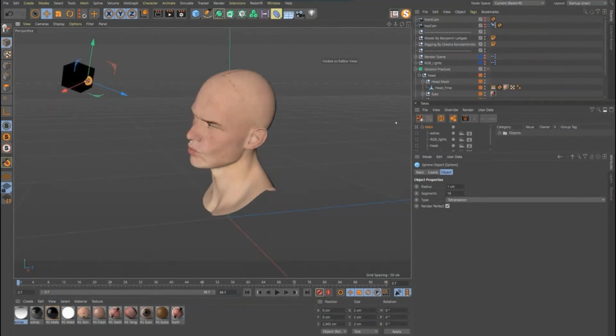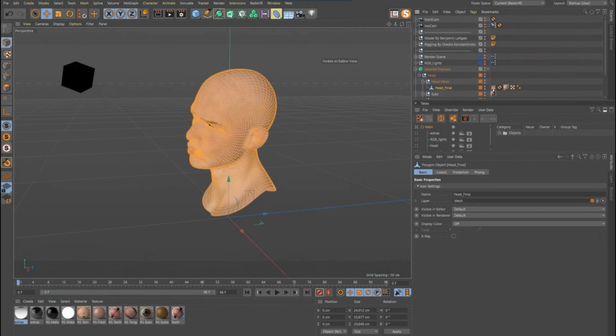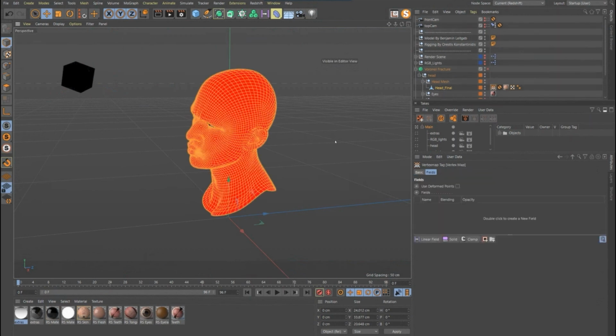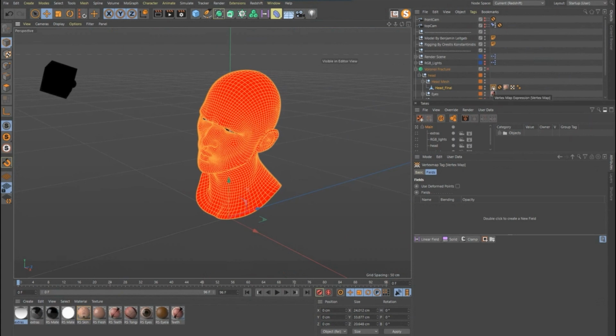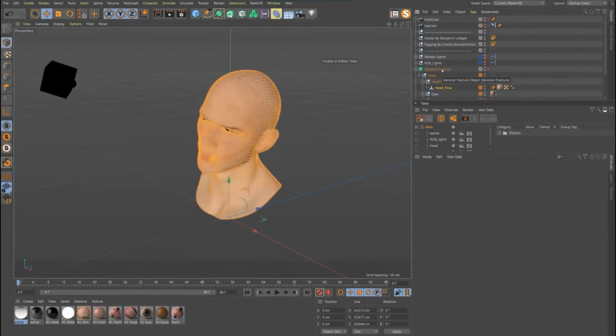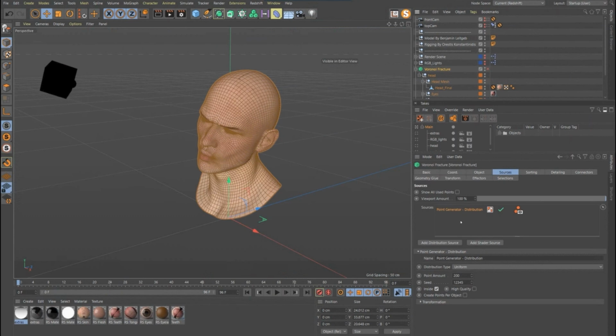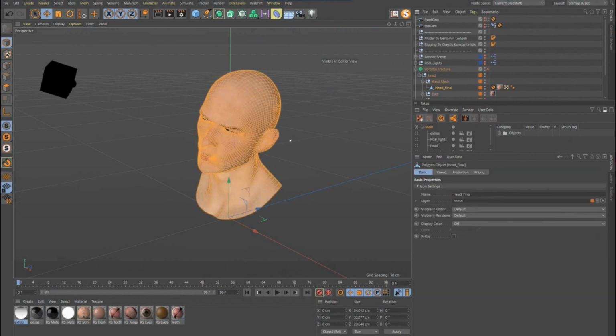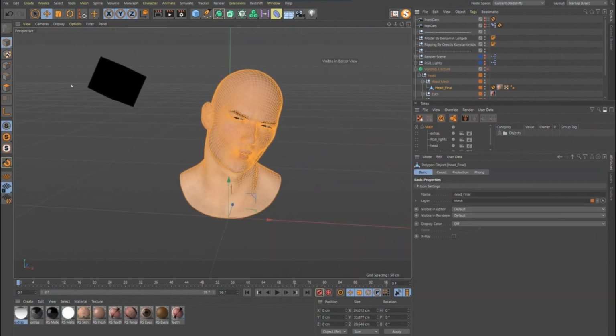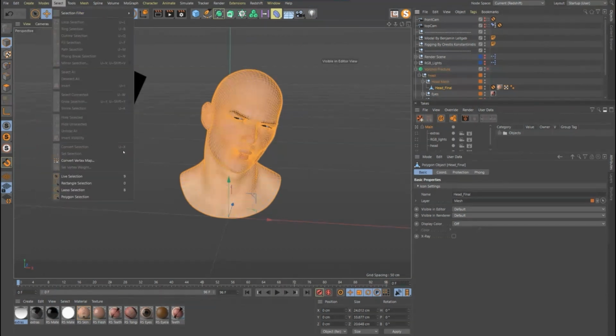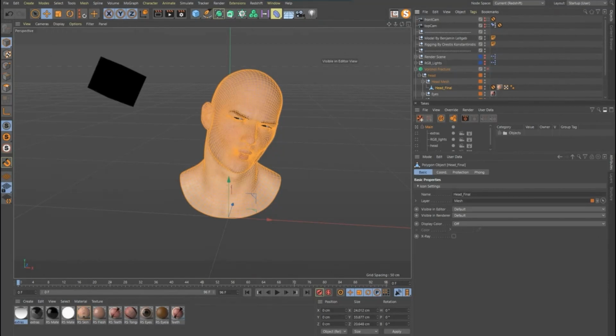And what we're going to be using is a vertex map. I have one in here, but let's delete this one and just start with a clean one. My first instinct was, oh, I'll just point a vertex map into the sources and that'll do it. But that doesn't actually work. So we have to go around it a different way. So let's make our vertex map first. Let's click on the head and we can go into select, and then we want to be in our vertex mode.